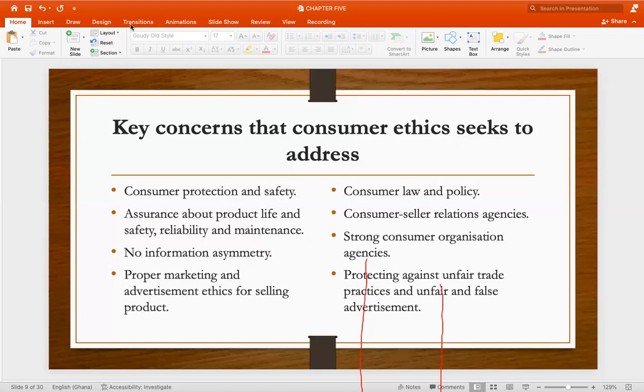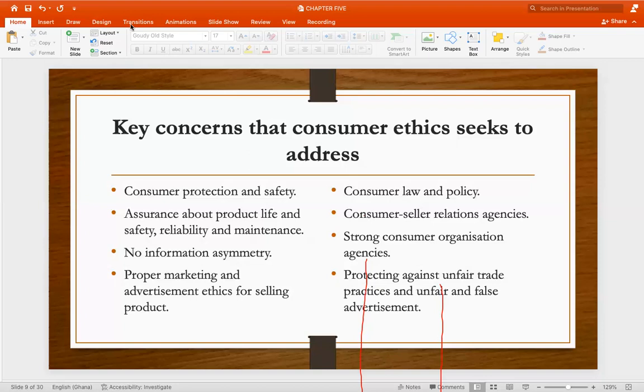And because of the quantities they buy, manufacturers are normally open to negotiating with them. That explains why, when you go to a mall, you may get a product that is cheaper than even the ordinary market. It's because they have access to information about the cost of production that other ordinary buyers may not have. So information asymmetry, no information asymmetry, as you summarize it, it's about full disclosure of information